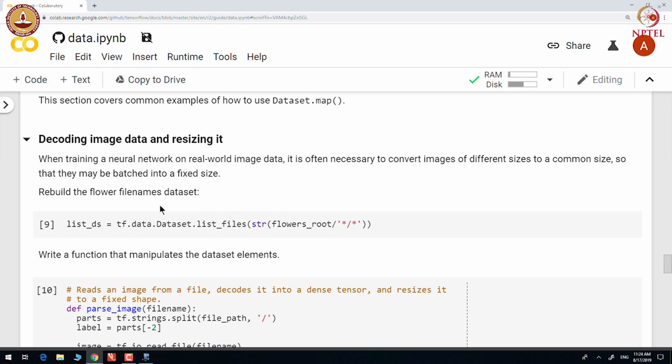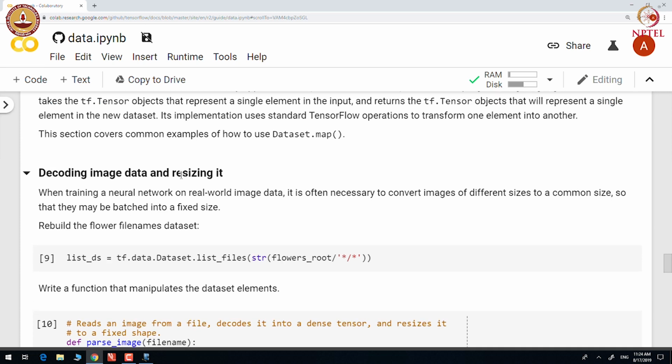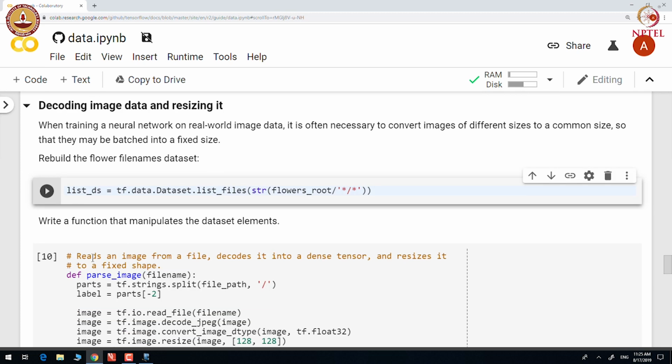So, let us try to apply map on the image data. Here what we will do is we will convert each image into a common size. To begin with, the images are in different sizes, we will convert them into a common size, so that they can be batched into a fixed size. Let us look at this transformation in the image data.